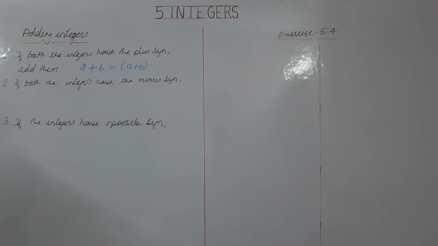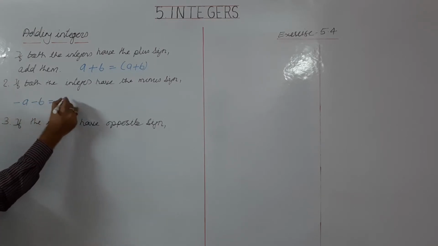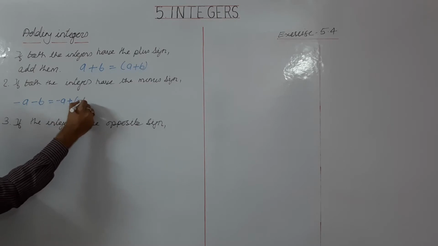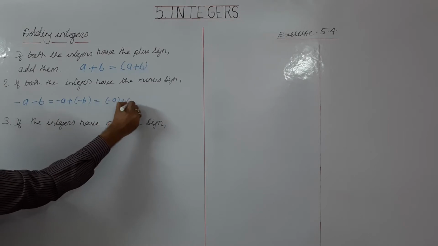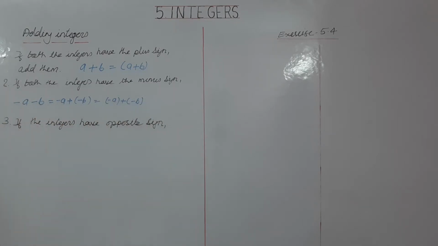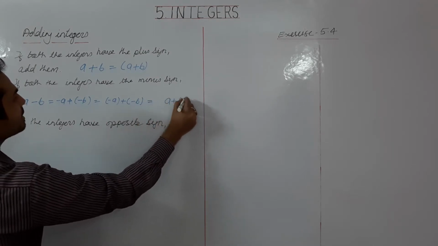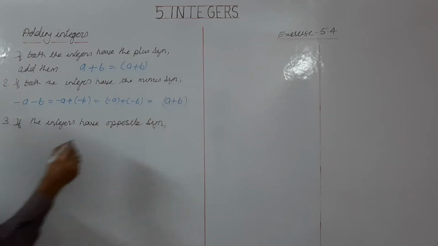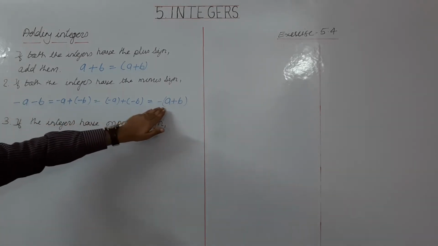Second case, if both the integers have the minus sign, both are negative: minus a, minus b. Or you can write minus a plus minus b, or in bracket minus a plus minus b. All are the same. So in the second case, what to do? Just add them numerically, a plus b, and put a negative sign before the bracket or before the number. So if both are negative, just add them and put a negative sign